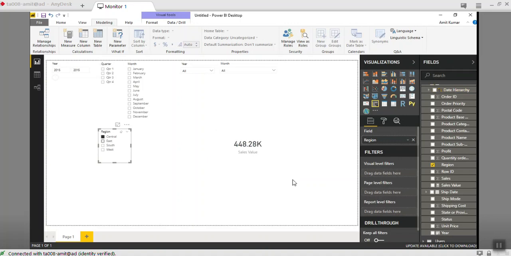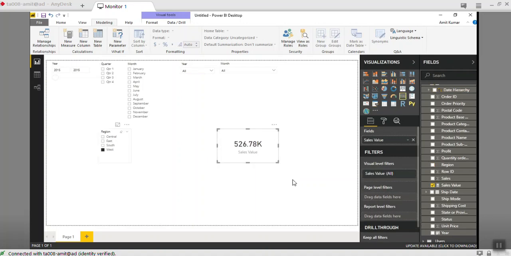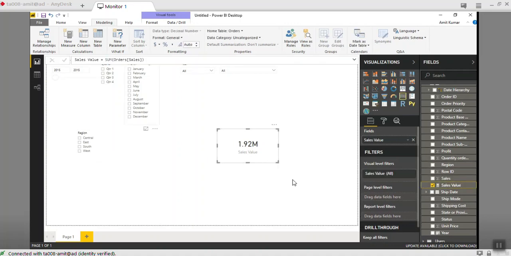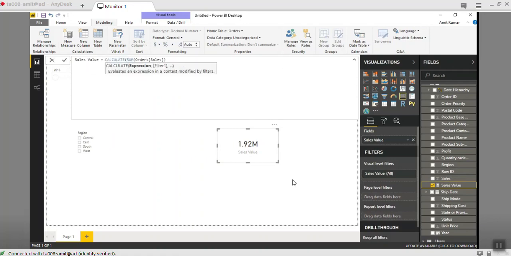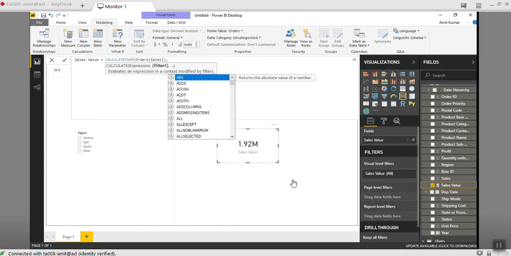Central, you'll select center, east, south, west. Suppose I want to filter from this expression rather than selecting it. I want to have the west zone only. So I have to modify the filter context of this particular expression. So to have the multiple condition, I have to use the calculate function here first. So in calculate, I'll perform the sum of sales. Now you can perform filters now.